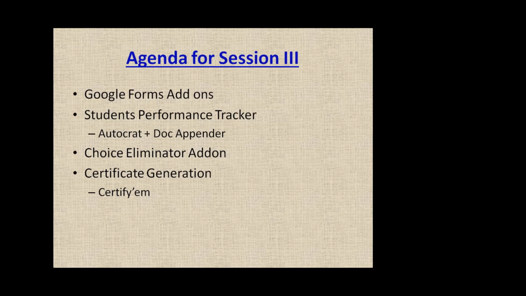I request all the participants to please turn on your laptop, because this session is going to be interactive. It's not one-way communication. It's going to be two-way. You will do all the things parallelly what I am going to tell you here in the session, so that you can do the steps as I am doing them.